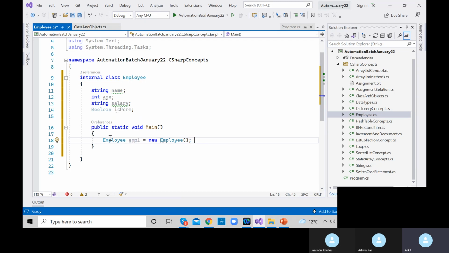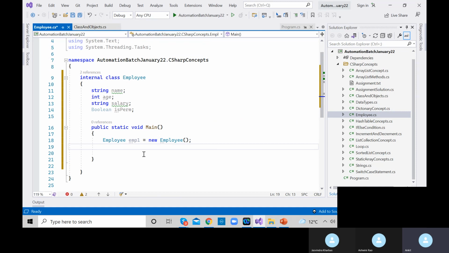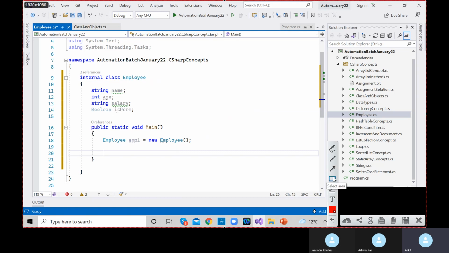Got it? So what does that mean? Just like this is showing intelligence, we can create multiple objects. We can create as many objects as we want over here. So for that, let me explain what is happening inside the memory. Our target here is to create multiple employees. So as soon as I write this statement, let us say